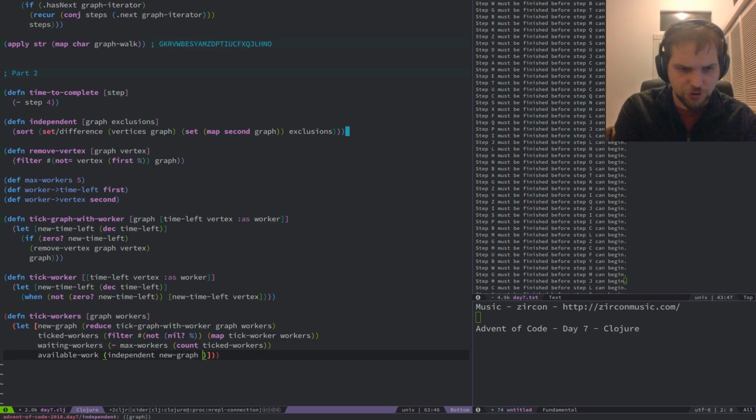And what are my exclusions? I don't have exclusions in here yet, but I can get it from map worker to vertex ticked workers.